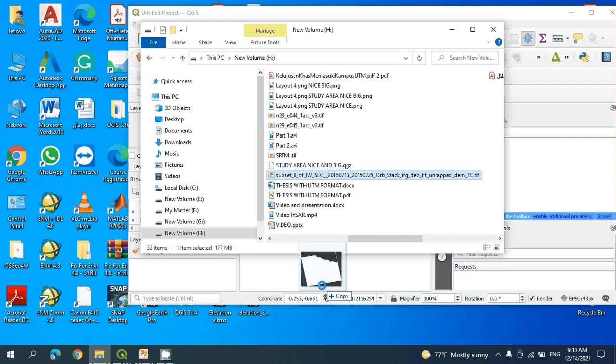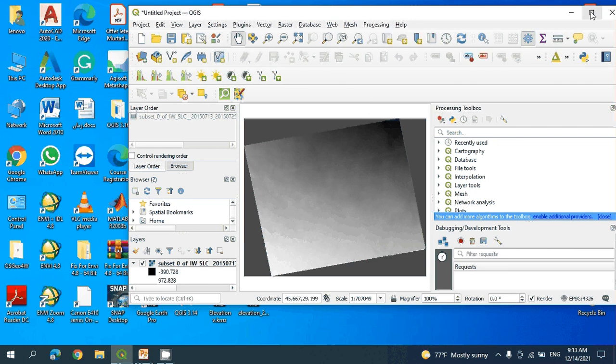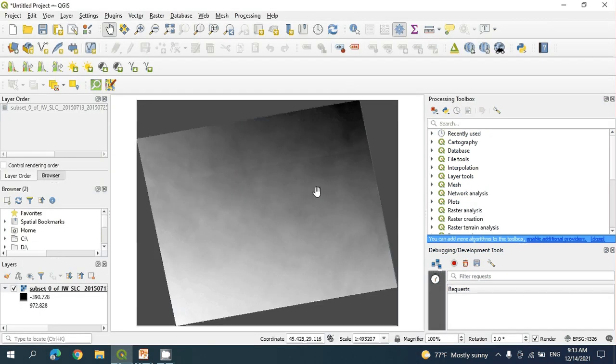So I drag the digital elevation model in. This is our digital elevation model in QGIS. Actually, we have a lot of tools in QGIS we can use. The first important tool is